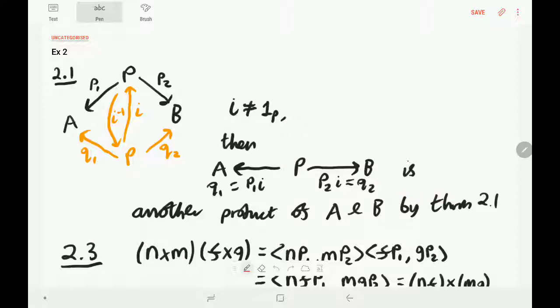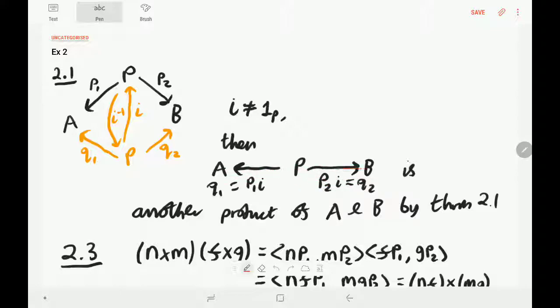Let me just restate theorem 2.1. If P, P1, P2 is a product diagram for A and B, and there's an isomorphism F from Q to P, then Q with projections P1 after F and P2 after F is a product diagram for A and B. So we basically just use that directly with, so if we just take P again as our object for our product and we use